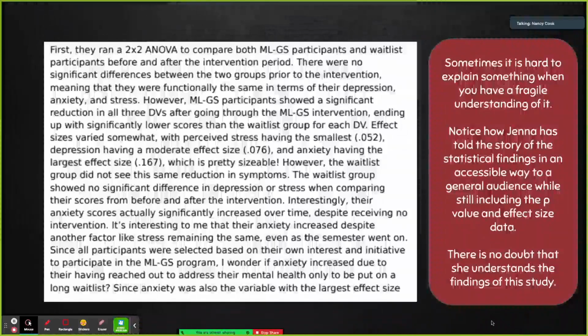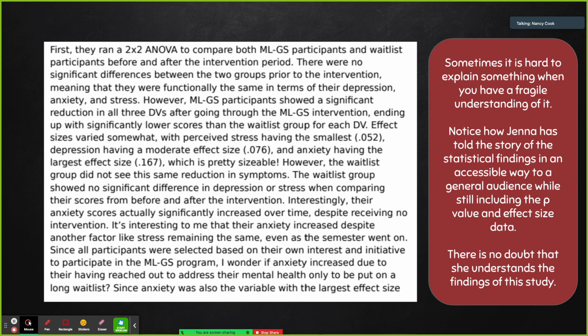Okay, the one thing that I wanted to point out about the ANOVA article that you read before spring break is what Jenna wrote here. Several of you did a really good job on this, because we went over it last time, and then I helped you with it in class right before you wrote this article. But I just wanted to show you another good example of how Jenna included the details that helped show that she understood these analyses.